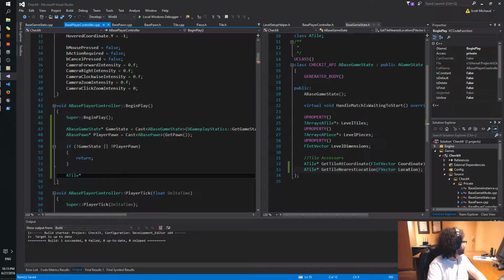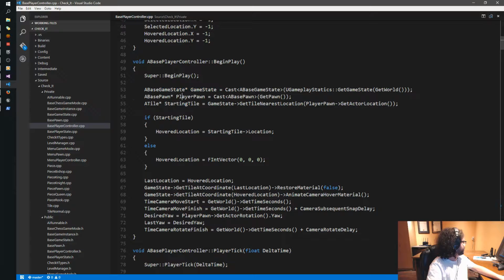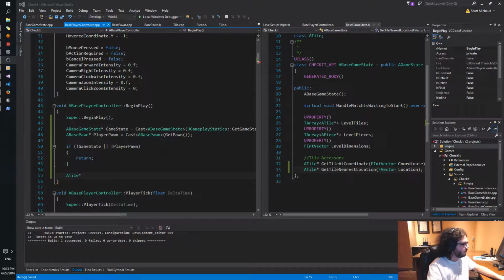This is not what I did, by the way. I had it set up so that if game state or player pawn was not valid, the game would just crash. So, being a bit more careful now.